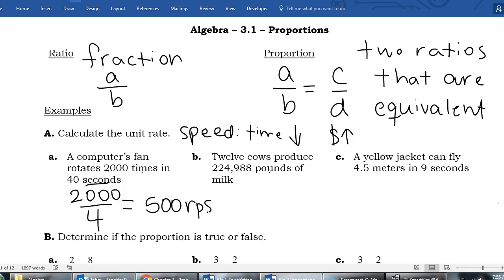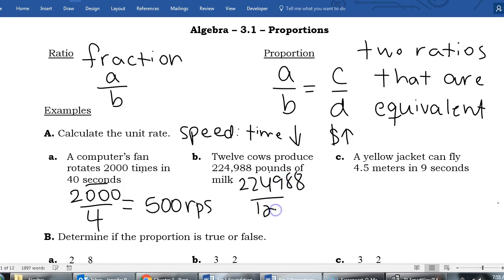12 cows produce 224,988 pounds of milk. So this is one where we could say, do we want to know how much milk one cow produces, or do we want to know how many cows we need, or how many cows would give us one pound? And I think if we do our pounds per cow, that makes more sense than cows per pound. So our pounds